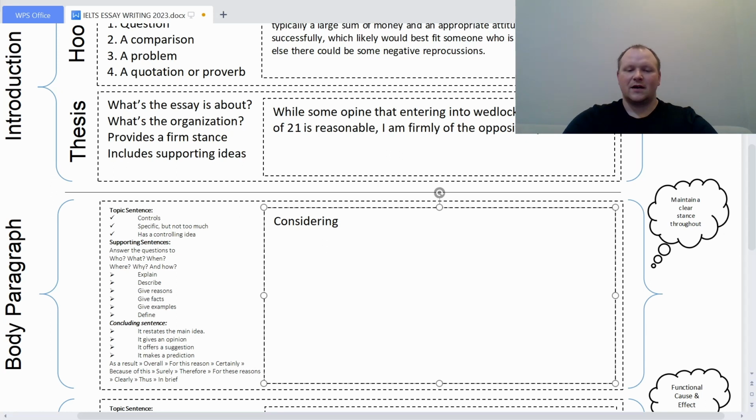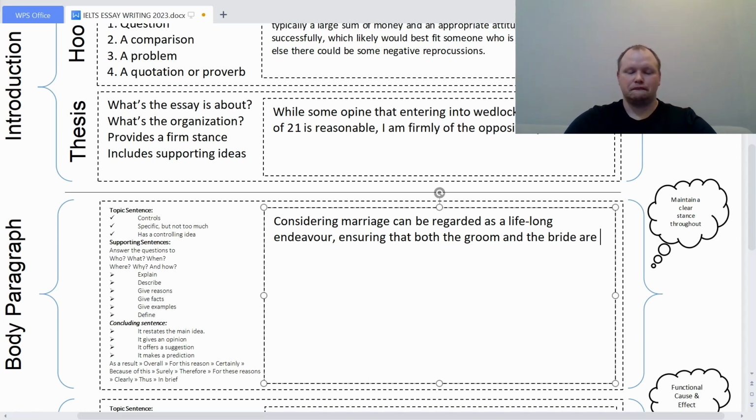Considering marriage is regarded, to most, let's say can be regarded as a lifelong endeavor. Ensuring that both the groom and the bride are mature enough to make the correct decision is important, is critical. Not to mention,